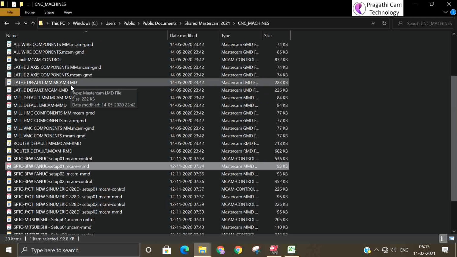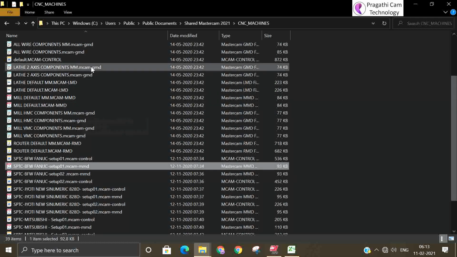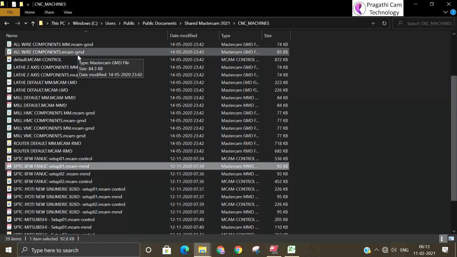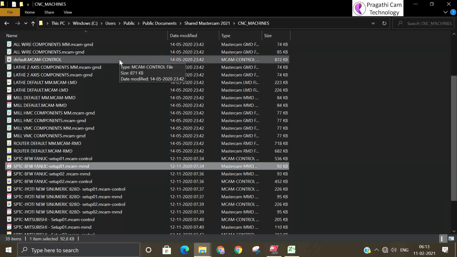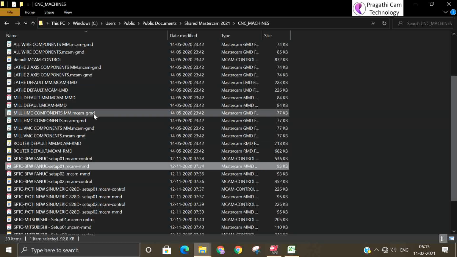So depending upon the type of machine, GMD means machine definition belonging to routing machine. LMD means machine definition related to turning, the lathe machine definition.